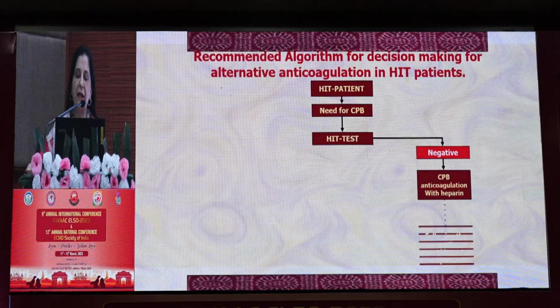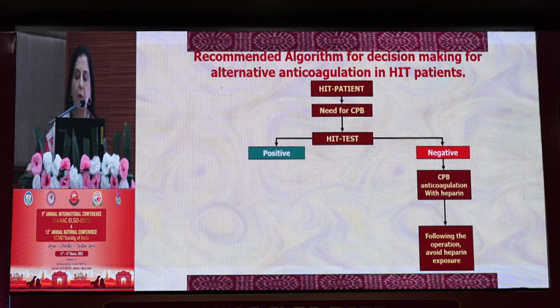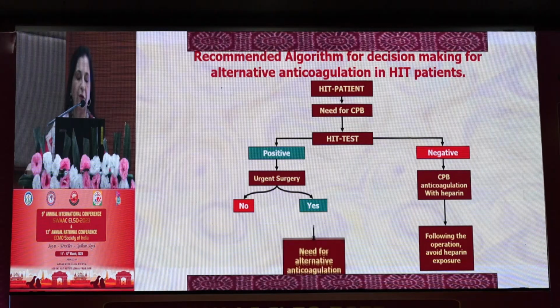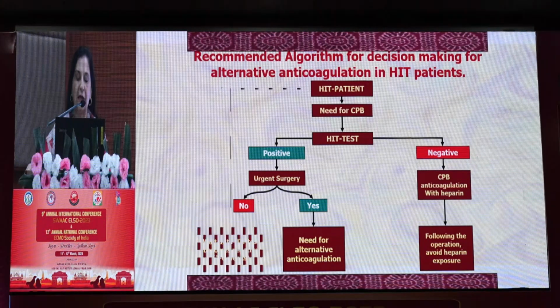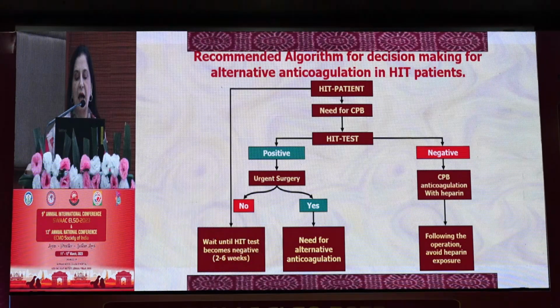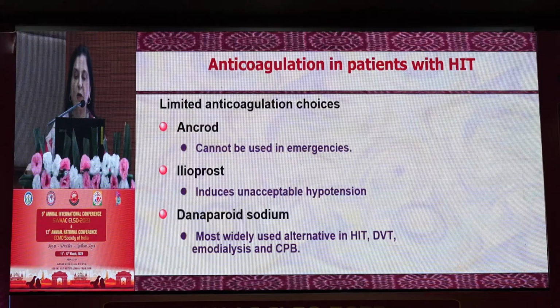So whenever we feel that there is a need for an extracorporeal circuit, if my HIT test is positive and I'm going in for urgent surgery, then there is a need for alternative anticoagulation like a heparin alternative, like low molecular weight heparin or bivalirudin. However, if there is an elective surgery, it's best to wait, give it 2 to 3 times, repeat the test, and after 2 to 6 weeks, undergo surgery with low dose heparin again. Ancrod cannot be used in emergencies. It's highly